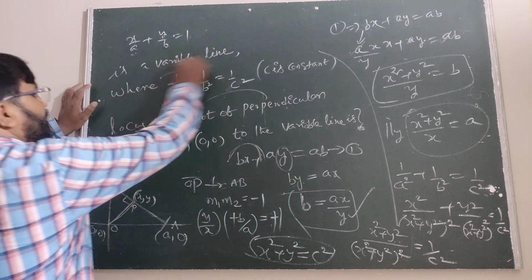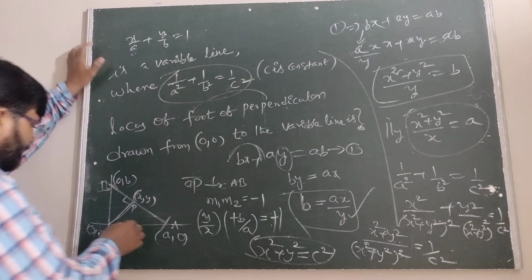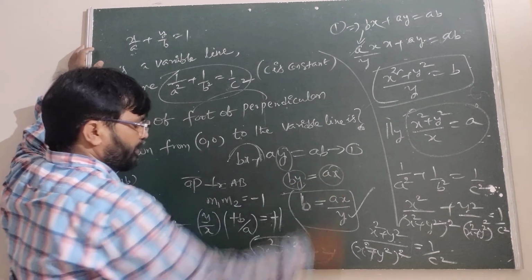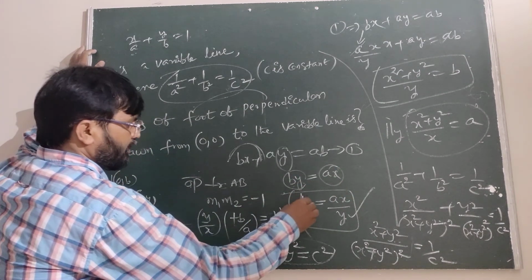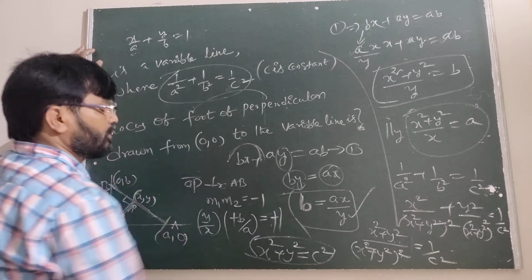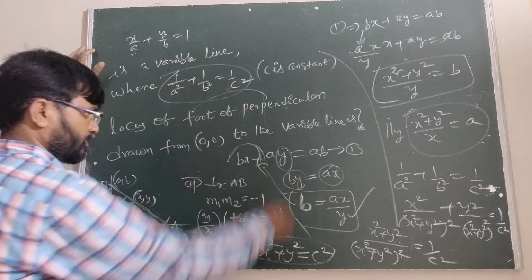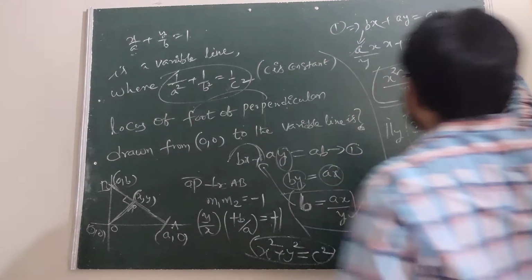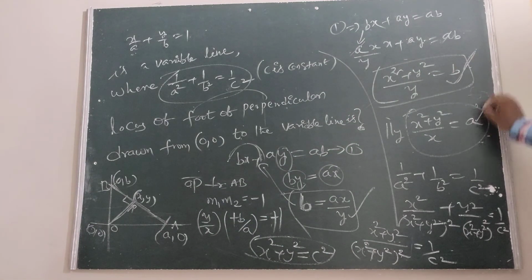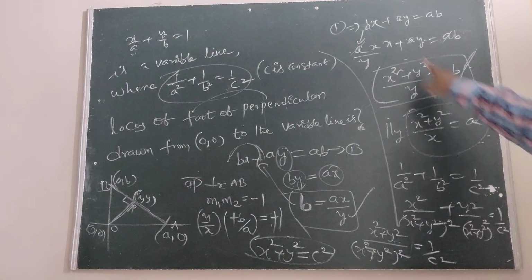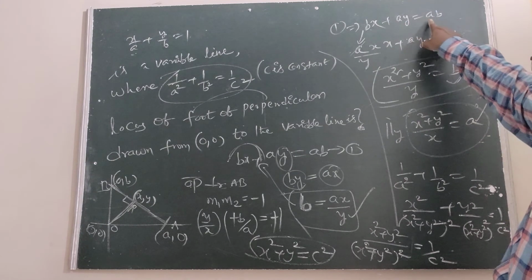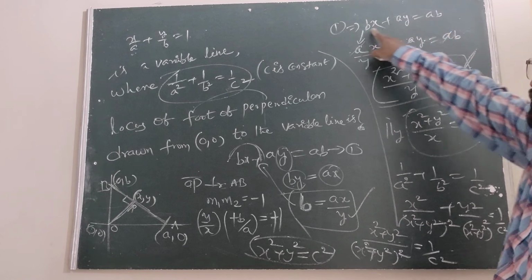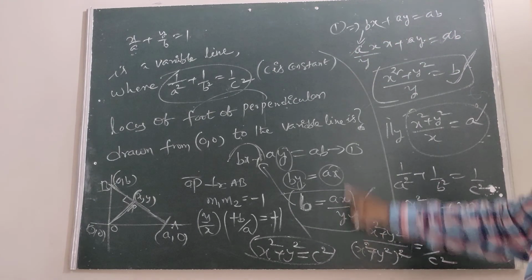This is the condition. First we take that these are perpendicular. We got the condition by equal to ax. We take b on the left hand side, then it will be substituted in this. We got the b. When we got b, similarly we got a. How to get the b? Bx plus ay equal to ab. This is the line. Therefore, instead of b, we take ax by y.